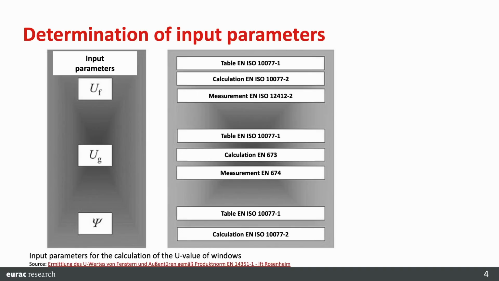Yes, there are several methods to come to these values. So the UF value, if it's not a complex facade system, can be assessed with a simplified method using tables that you find in another European standard. Or you calculate them, as I said, with finite element software. And this calculation of the UF in this case and the psi has to be done by an accredited test body to be used for the CE marking then.